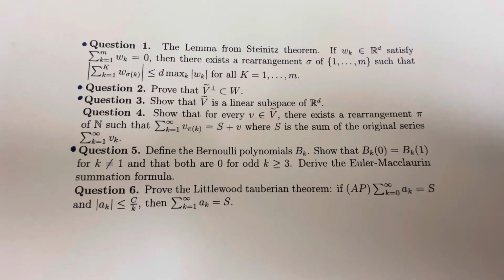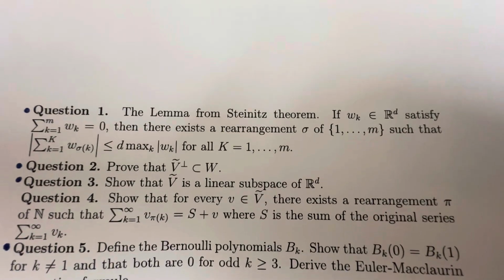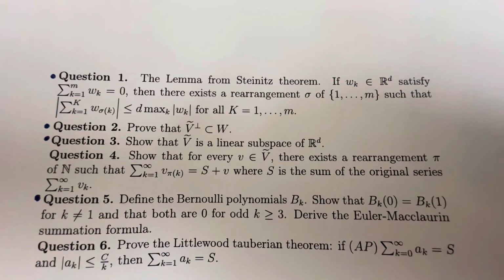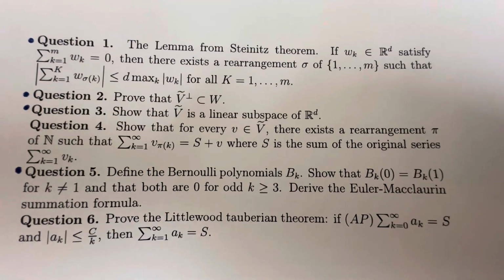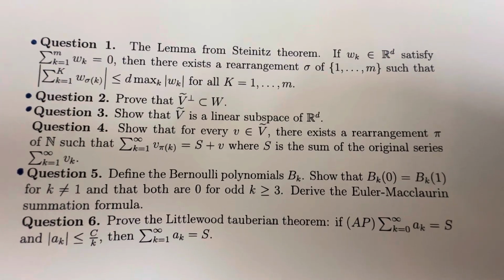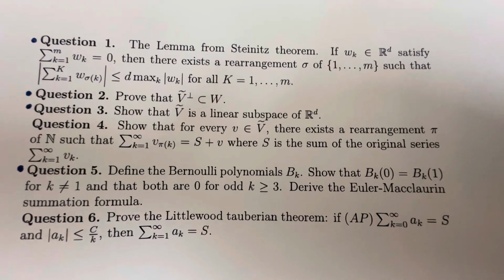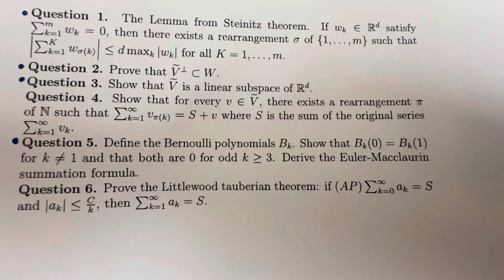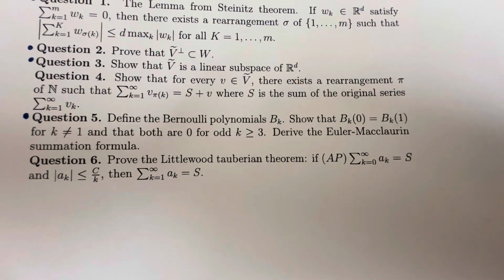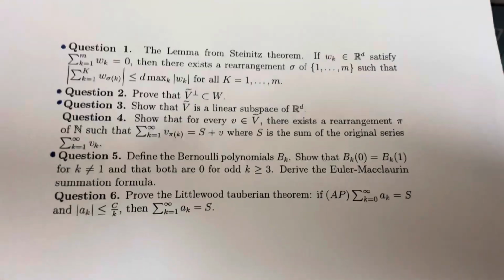None of these theorems are short. The lemma from Steinitz's theorem is long. Question 2 was supposed to be short, but it turned out to be long. V tilde as a linear subspace is okay for me. I don't mind it. Question 4 I haven't studied. Question 5 is by far the easiest one. And then question 6 is also kind of long. So they're